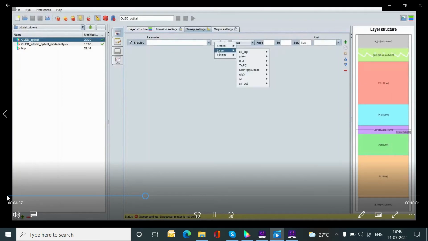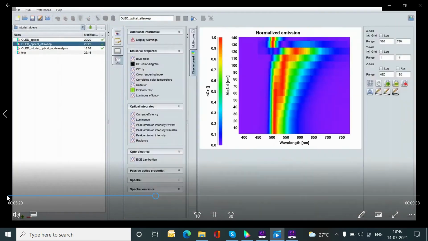Now I check here the layer properties, and set the Alq3 thickness. I vary from 1 to 141 nanometers in steps of 10 nanometers. Now I can rename it again to ETL sweep, and then run the simulations.